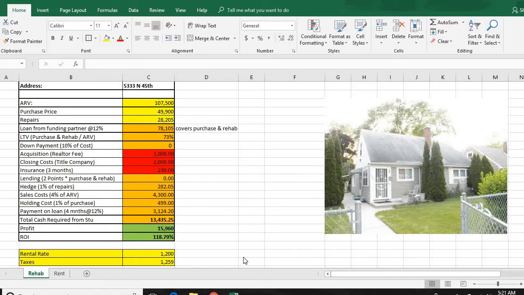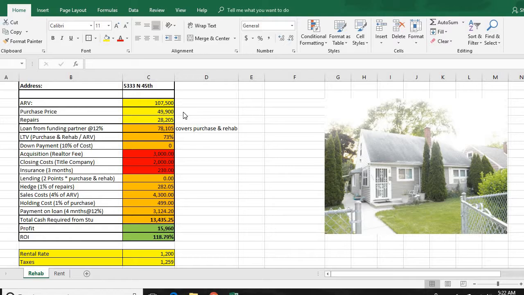But here's how we break down the numbers. We take the ARV, which is the after repair value, and we get that number through our realtor, who gives us real-time comparables of the market. Solds that have the same size, similar footprint, in a local area surrounding the house that we're buying. So we get those comps, we put that in there. So that's 107.5 is the ARV,